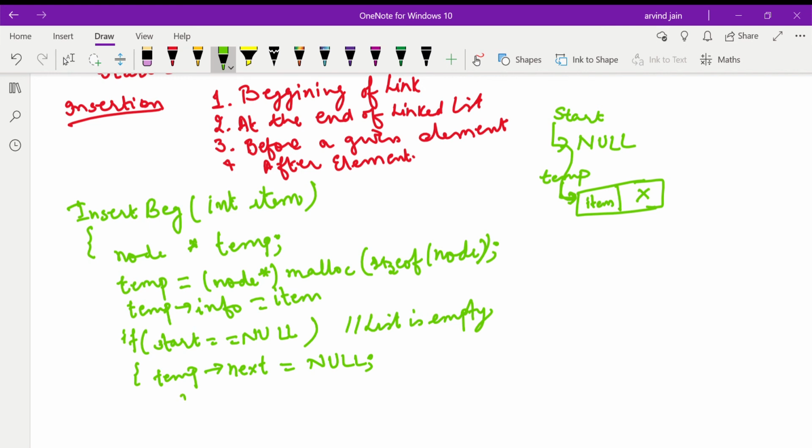Now start will be updated, now pointing to temp. The next case is if start is not null, it means there are some nodes in the list.